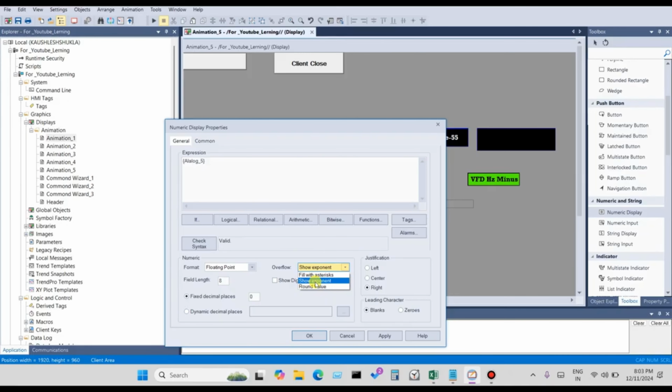You can see the field exponent value length. What will be the length of the field? What will be the length of the numeric display? Numeric display length you can increase or decrease, meaning however much length you want. So for example, for the BFD, the numeric display length